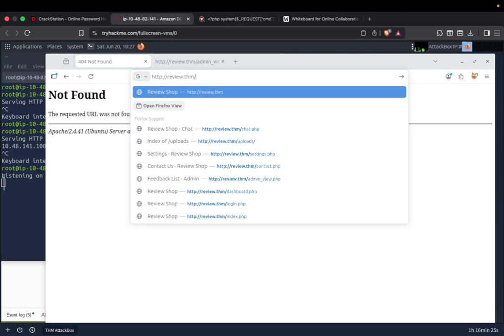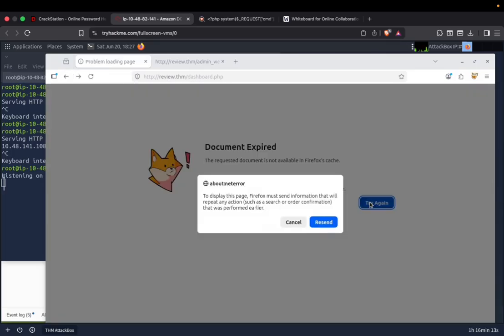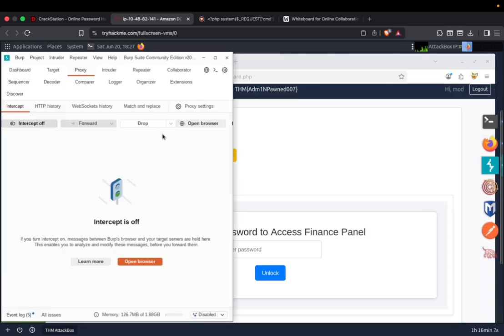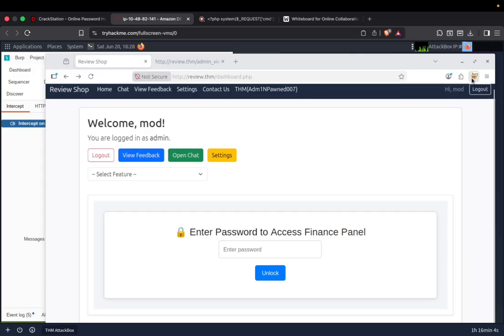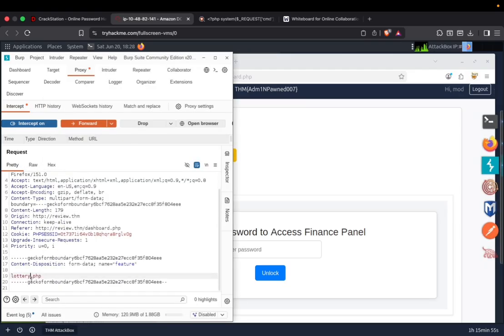Okay, so let's go back to, which one was that? Just to go back, expire, try again. Yeah, let's try to intercept this again. Intercept on. Let's do the lottery feature. And here, instead of lottery.php, what we will do is use the uploads directory and then payload.php. That is our file. Okay, so let's send this